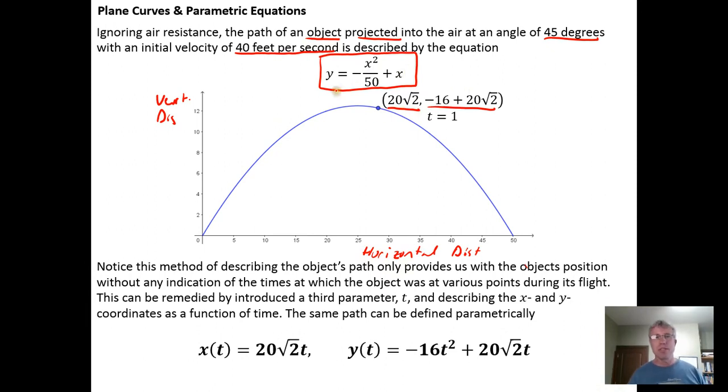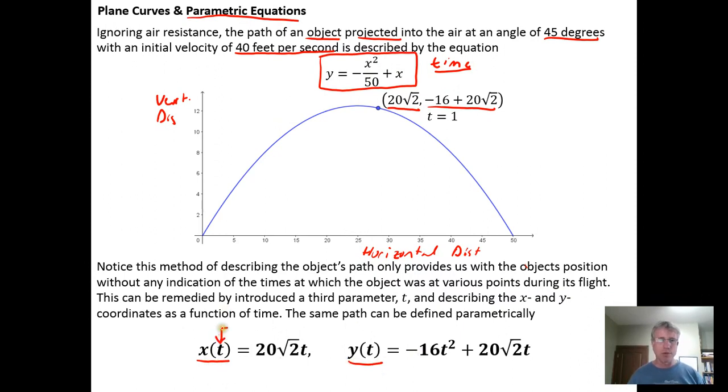So this representation gives me the position of the ball, but it loses the information about time. It doesn't tell me when the ball is at a particular position. So this is a significant deficiency in the rectangular representation, and this is why we introduce the idea of parametric equations. And parametric equations is simply where we parameterize the x and the y coordinates